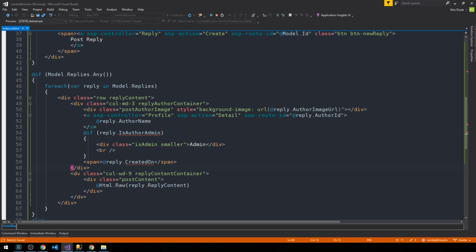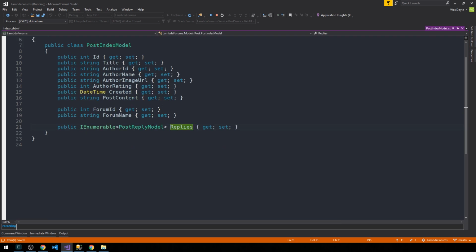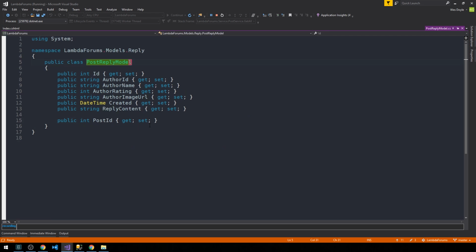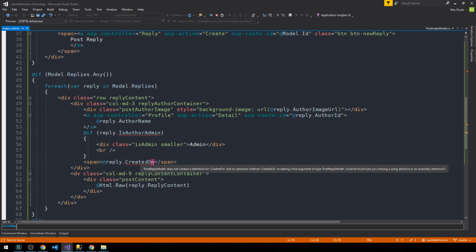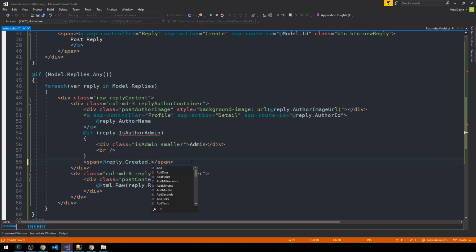And we'll go ahead and add that property as well. So model.replies is this collection of post reply models, so we can actually just F12 here and take a look at our post reply model. And it looks like, okay, Created is the datetime on our reply object, not CreatedOn. And that datetime object is going to be implicitly converted down to a string here, and we could control its formatting again by calling .ToString and passing in some string formatter, but for now what we're going to do is just go ahead and pass it down as the raw converted datetime object,